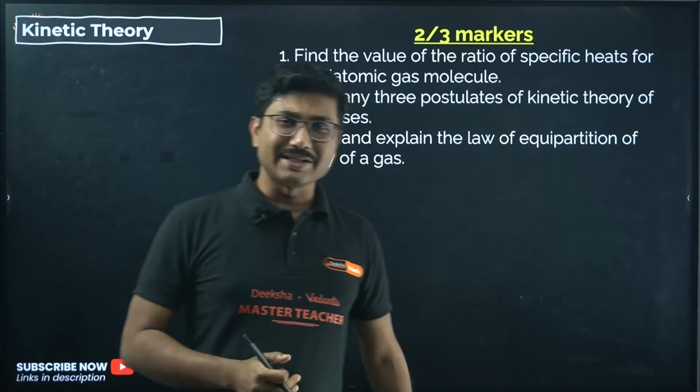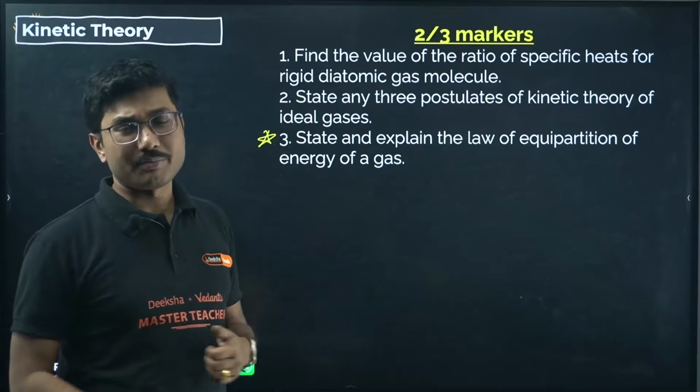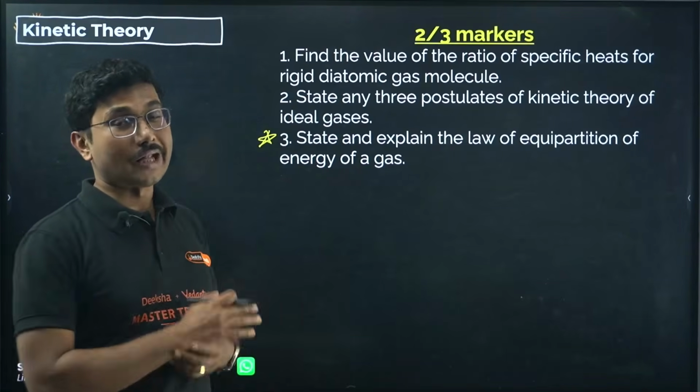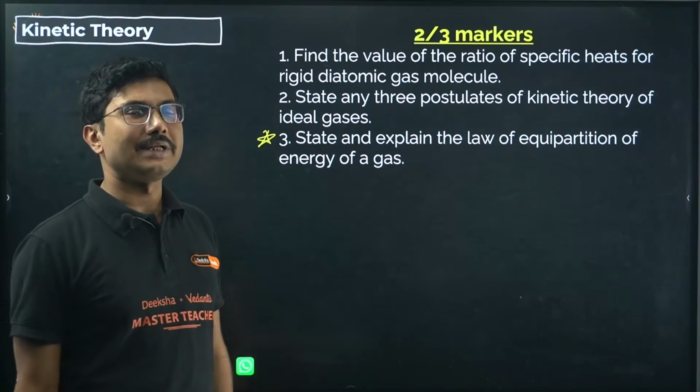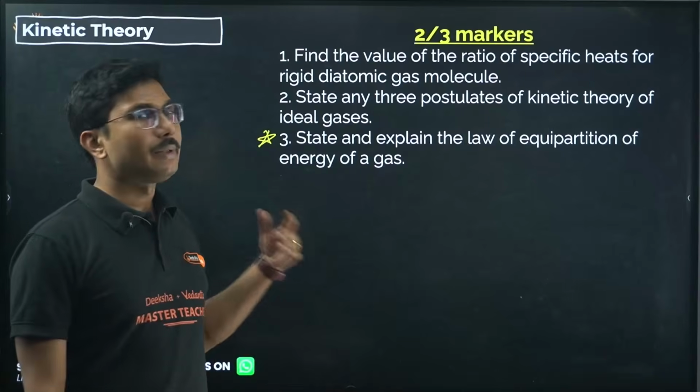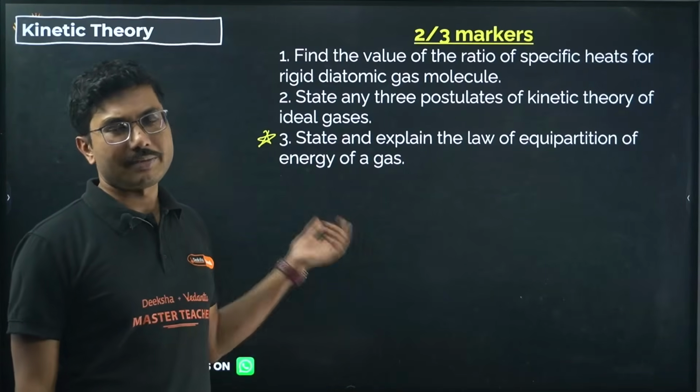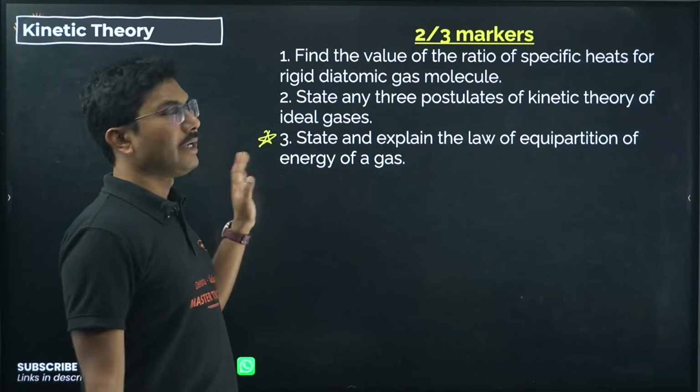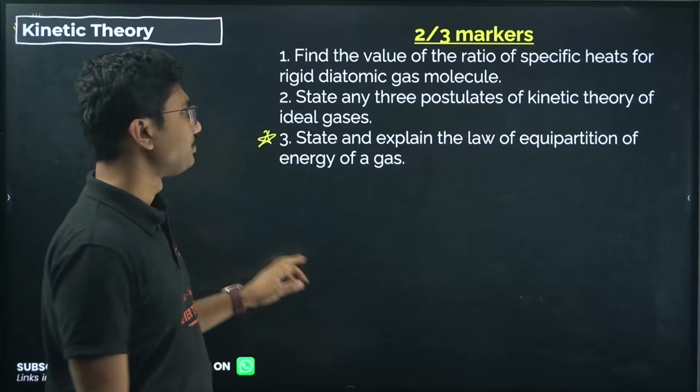This is again a tricky chapter. Mean free path: if the derivation of mean free path comes, then that will be very, very tricky. Generally it does not come. It did not come in the past. Maybe if it is coming to your exam, you have to skip it. Anyway, this chapter you can skip.